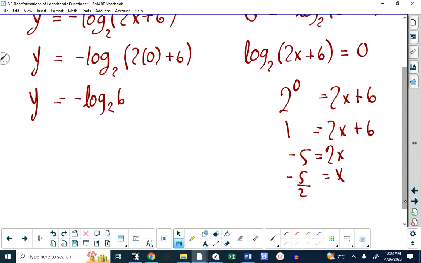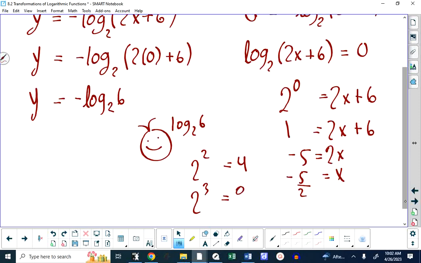Now, what about this? Let's try to figure out what log base 2 of 6 is. It is the exponent to which you raise 2 to get 6. So 2 to the 2 is 4. Well, that's not 6. 2 to the 3 is 8. I almost wrote 9. 2 to the 3 is 8. That's not 6. 6 lies between 4 and 8, which means that this number, log base 2 of 6, is